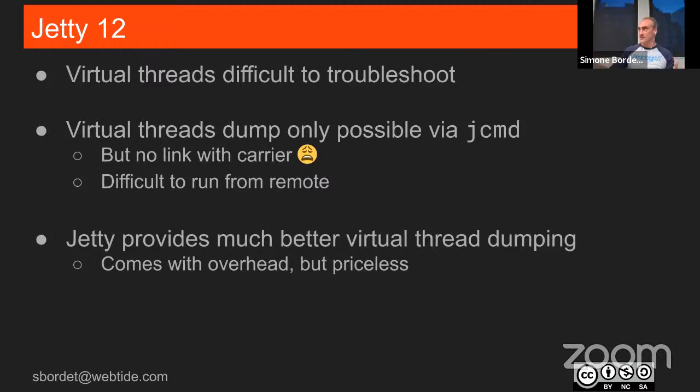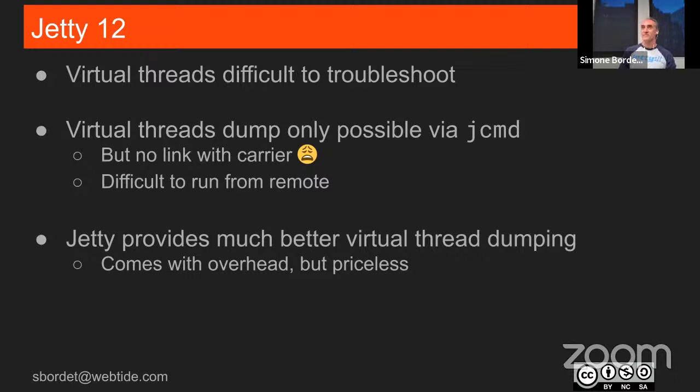So now if you have your system in this way, you just go to the Jetty facilities and say to the Jetty server, hey, dump your internal state. And the Jetty server will dump its internal state, and in that dump you will see, oh, you have 250 virtual threads that are waiting to enter the JDBC connection pool. And so now you will have a complete, clear picture of what's going on in your system, which is more difficult to find with the normal tools you have around. So it comes with a little bit of overhead, but if you need to troubleshoot a system, this is just priceless.